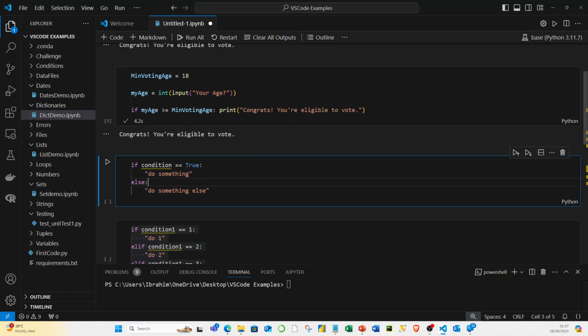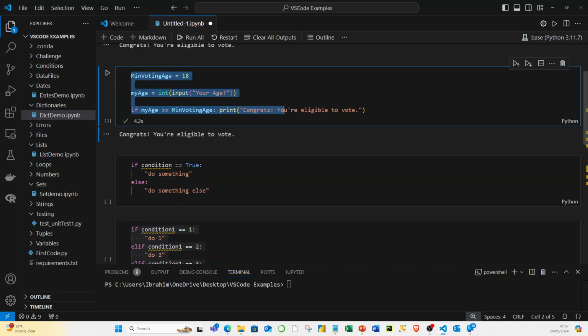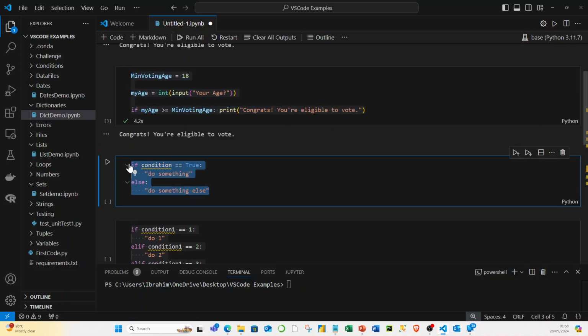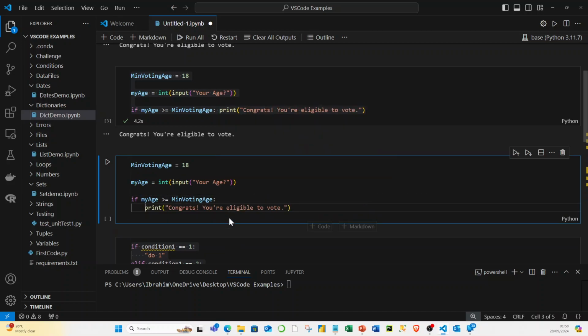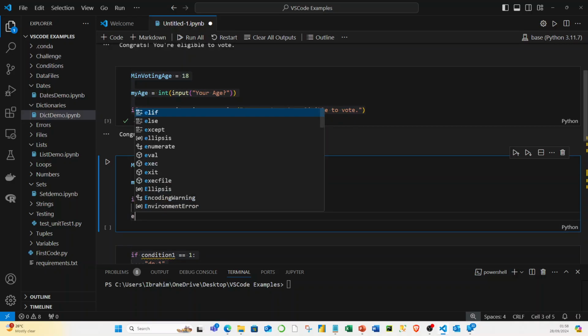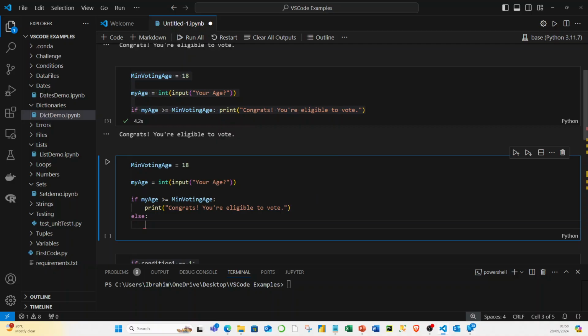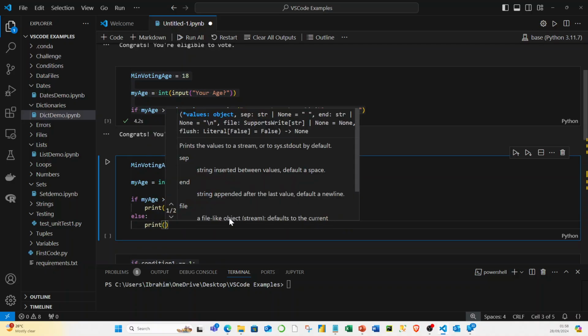But how about the situation where you have else? Oh, okay, I'm 21, I can vote. How about when I am not 21 or I'm not up to 18 yet and I can't vote? What would the construct look like? You make a copy of the previous code here, paste it in here, and I'll say when you are 18 and above, print that. Else, I'll print